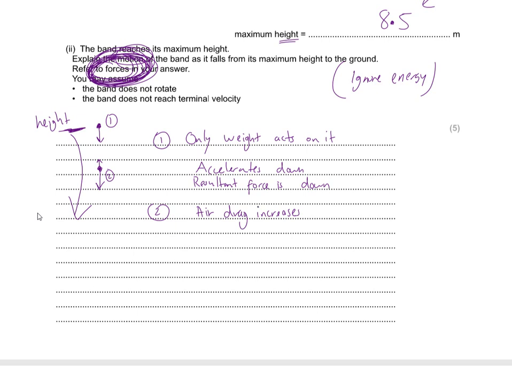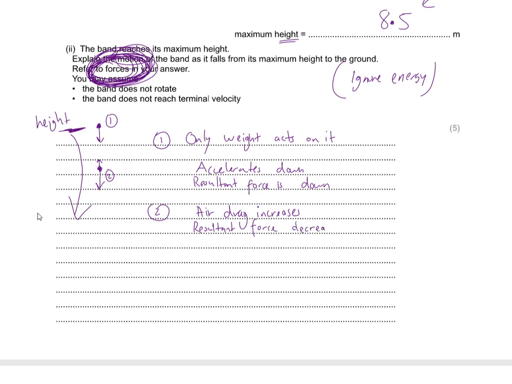As it falls, the air drag increases. Now as the air drag is increasing, what does this mean? This means that the resultant force, because earlier at number one, the resultant force was down and it was just weight. But now the resultant force has changed because we have the weight, and we have the air drag that's countering it. Therefore, the resultant force